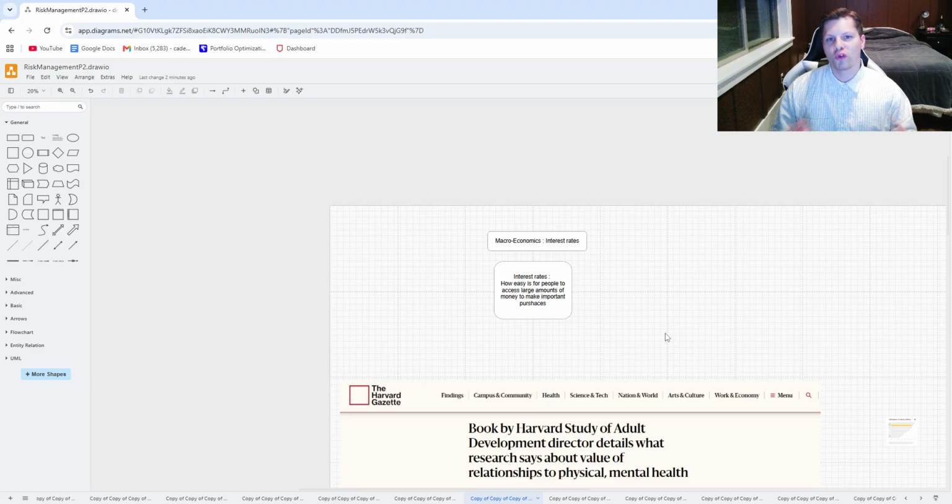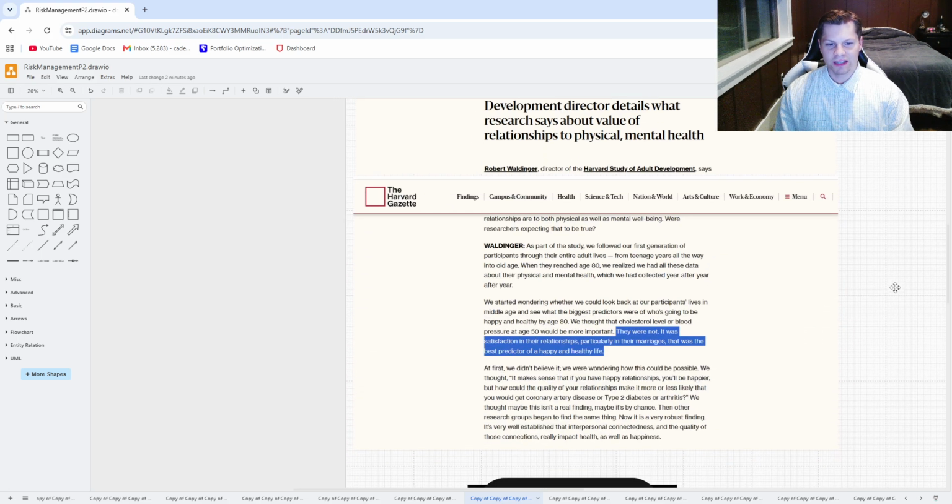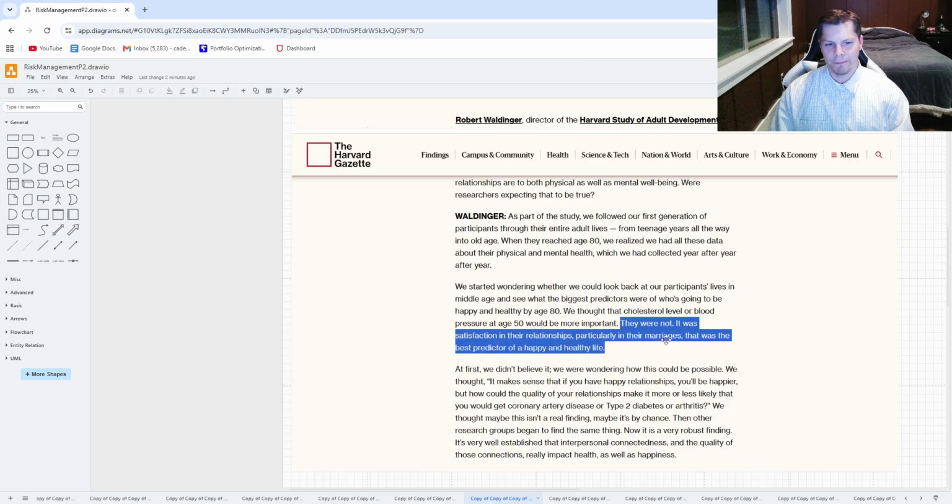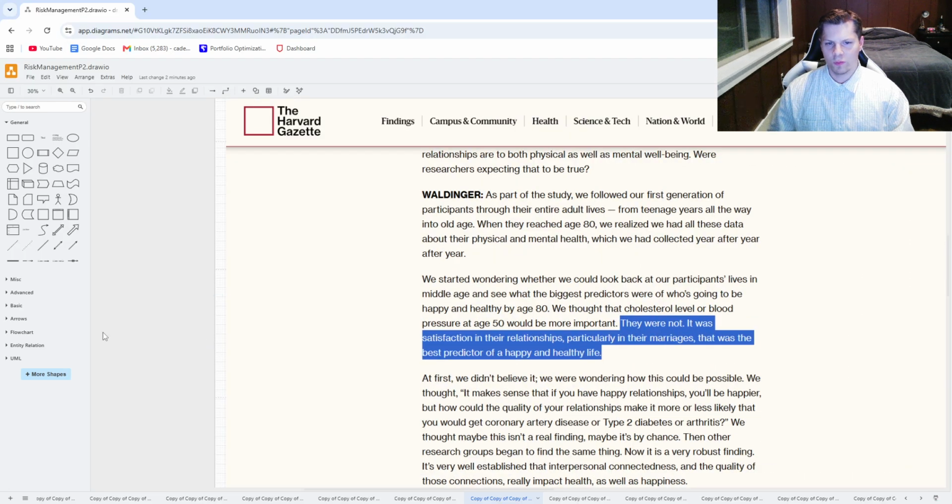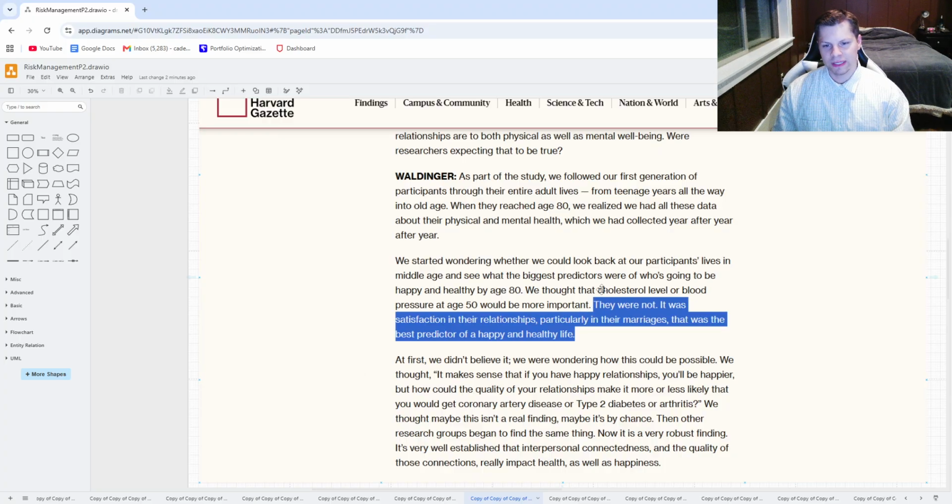But it's the most thorough and largest testing ever done. And one of the outcomes that's really interesting in this study is that what they conclude is that a lot of happiness does not come down to cholesterol levels or blood pressure at age 50, which they thought would be important. Those factors are not important. It was satisfaction in people's relationships, particularly in their marriage, that was the best predictor of a happy and healthy